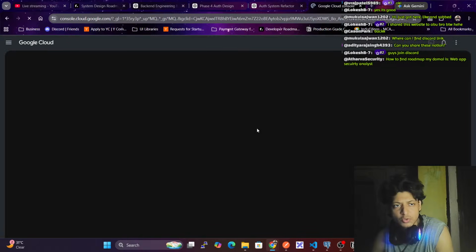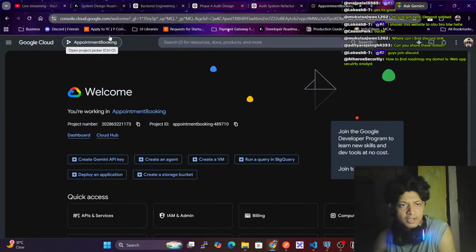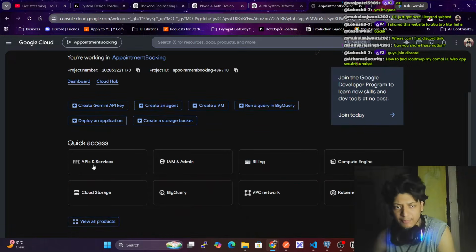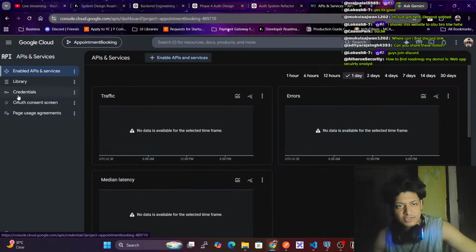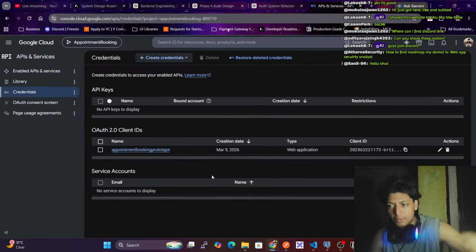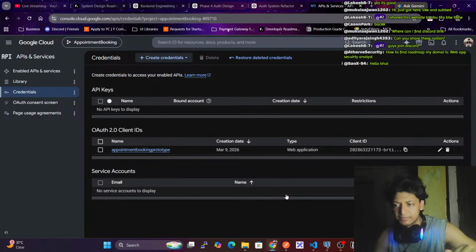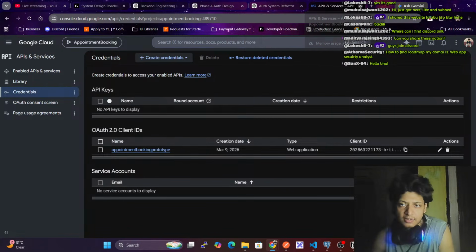Then to generate the key, first you have to select or create a project. I already have a project, so I can go to APIs and services. After going to APIs and services, here you will find the credentials part. From there you can create the credentials. You will get the client ID, secret, and the redirect URL. Then you can store it in your .env file. So yeah,